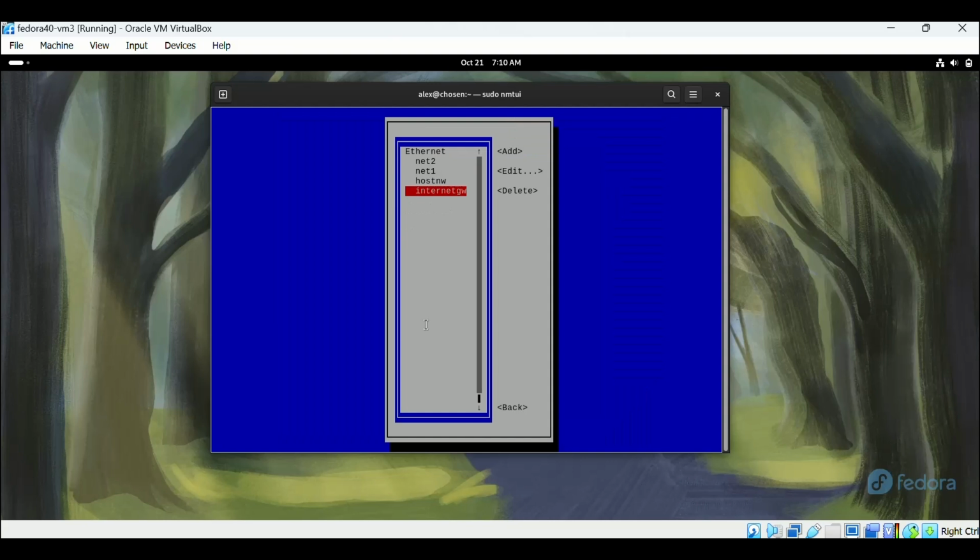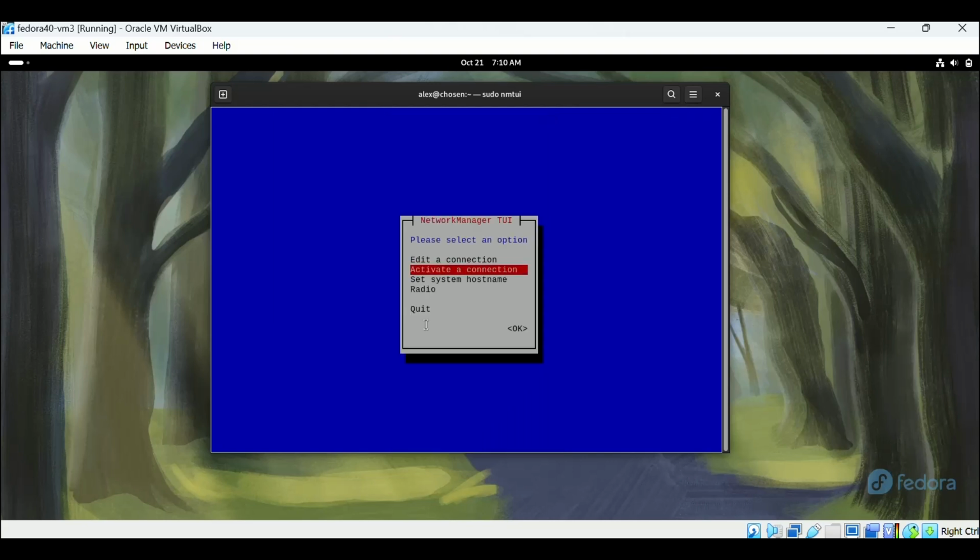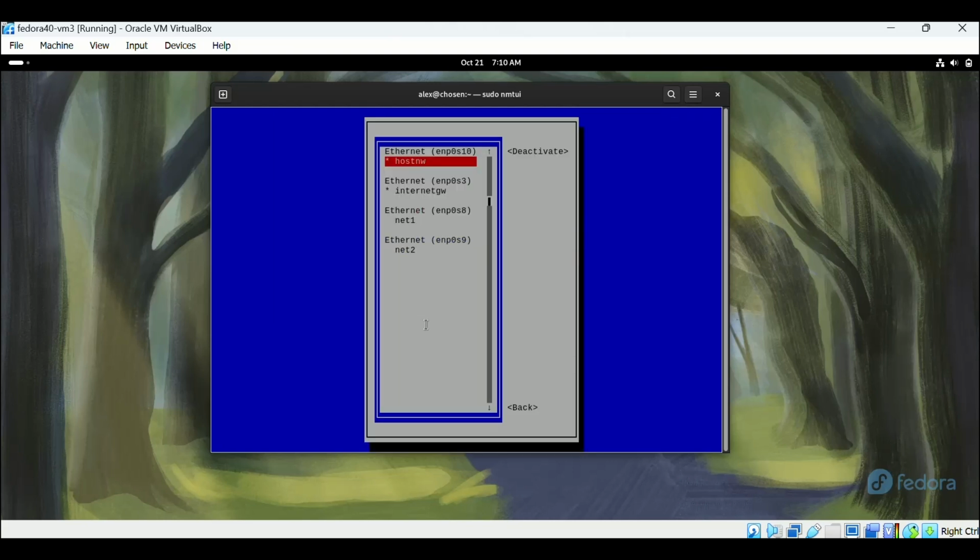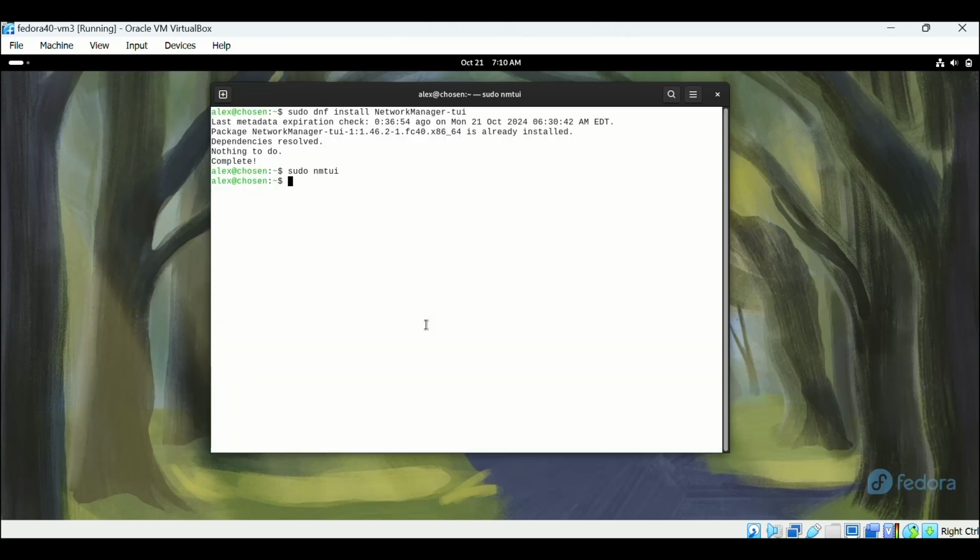Okay, I'm going to go back and see if all of them are activated. If you click deactivate, it will get deactivated. Currently it is active, and the internet gateway, this NAT adapter, is also active. Net1 is not activated, so I'm going to activate it now. It's activated. Net2 is also not activated, so I'm going to activate it now. It's also activated. Now I'm going to quit, and run ifconfig,